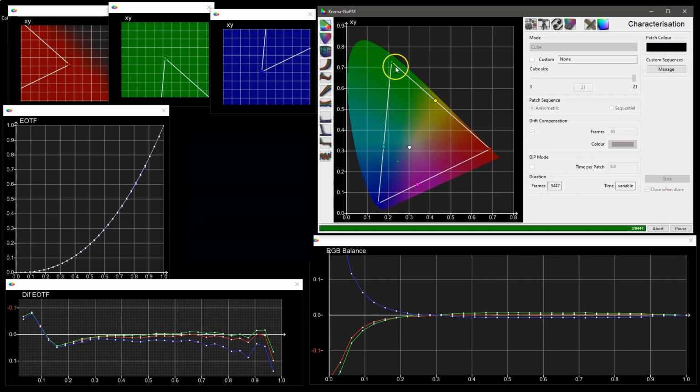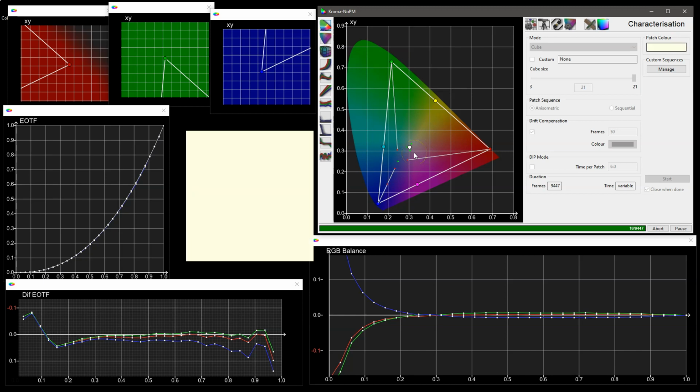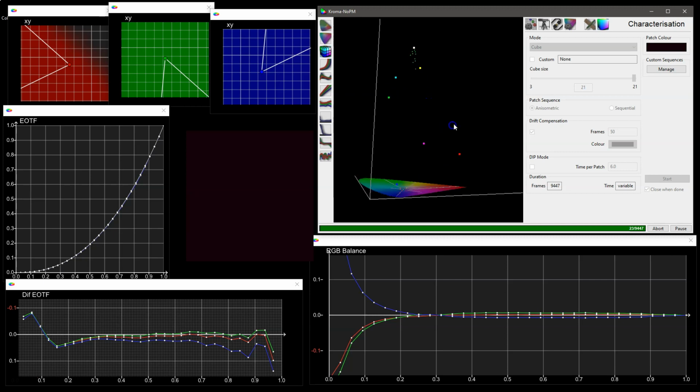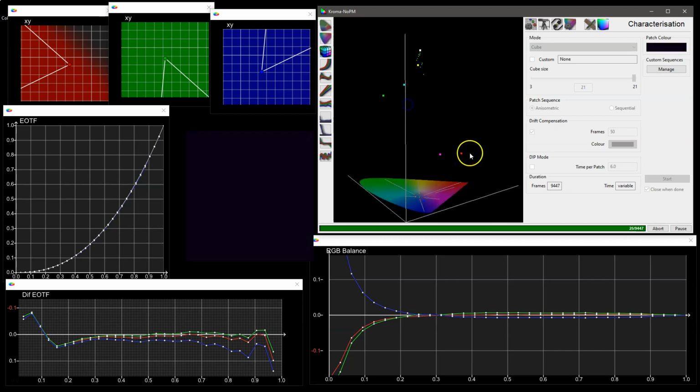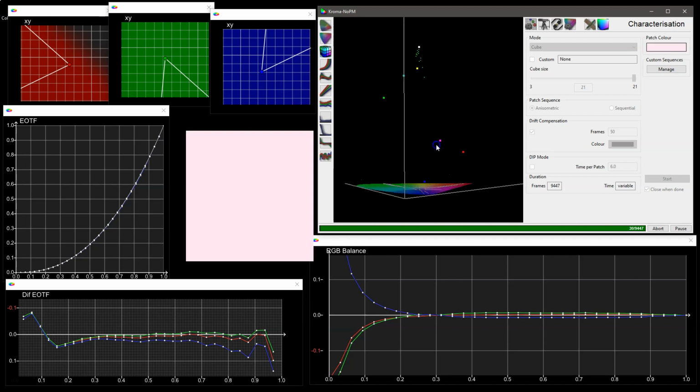And when it's measuring, because we are targeting the native gamut of the display, we actually get information that is quite useful in the sense of feedback. So we can see that obviously the very dark patches have got a low saturation, they're desaturated, which is normal for an LCD display of this type. And if we look at it in the volumetric mode, you can see that the lower patch colours, they really are right down at low, are obviously showing a level of inaccuracy as expected,